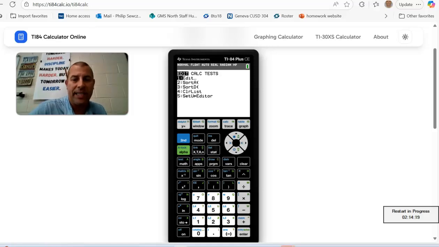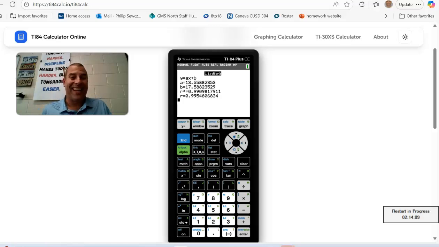So if I go back to my stats, I go back to my calc, I go back to my linear regression, enter, enter, enter, enter, calculate it there, and oh, I got R values now. Yay. Okay, so R squared is something different. That's a different statistical category. So that, again, is higher level math, yay. We're just going to look at that plain old R. And do we see how it has a